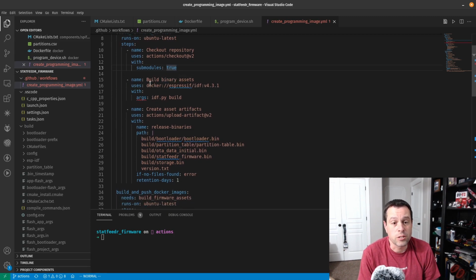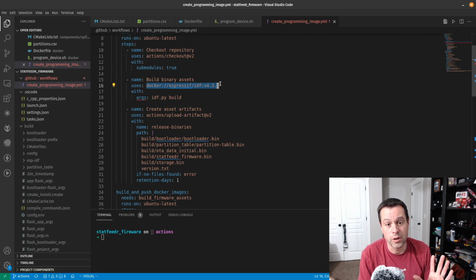And this is where it gets really incredibly powerful. All I have to do is say uses Docker and then say I want to use the esp-idf version 4.3.1. So I am locking in the esp-idf version that I want to build my firmware with. And so it will say, great. It will use this Docker image. I mean, there's so much that's happening for you here. It's amazing. It's going to put my source code into it,